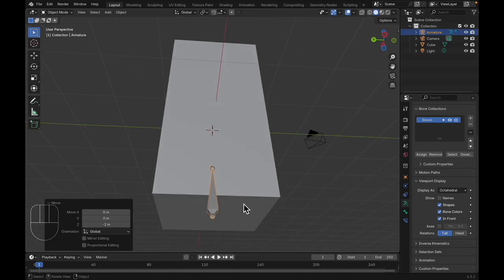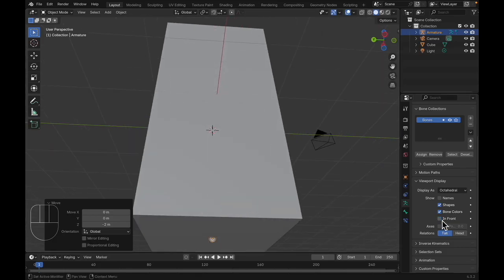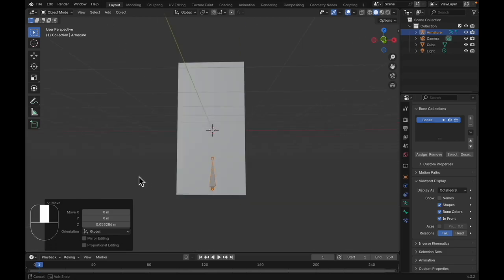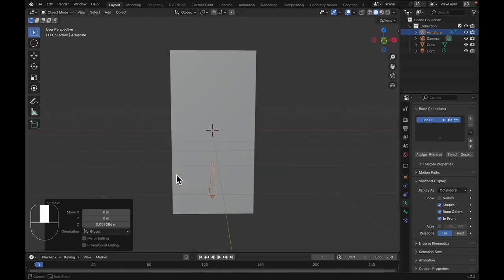And one quick way that I found out is turning off the In Front option, and then you can see now it's sticking out right there. So now I'll just grab it, move it in the Z ever so slightly above, and then turn In Front back on, and there you go. Now we know it's back out there and somewhat flush to the bottom. So now that we have that,